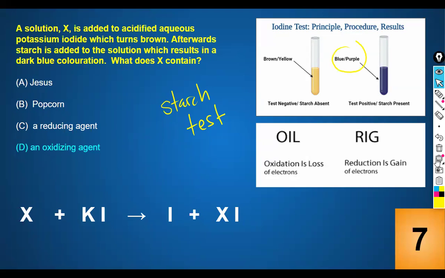Now, I want to dig into this a little bit more. They said when you took X and mixed it with potassium iodide, in case you all don't know, potassium iodide is clear. It has no color. It's colorless, okay? I'm going to call it clear. But whatever is happening, X is